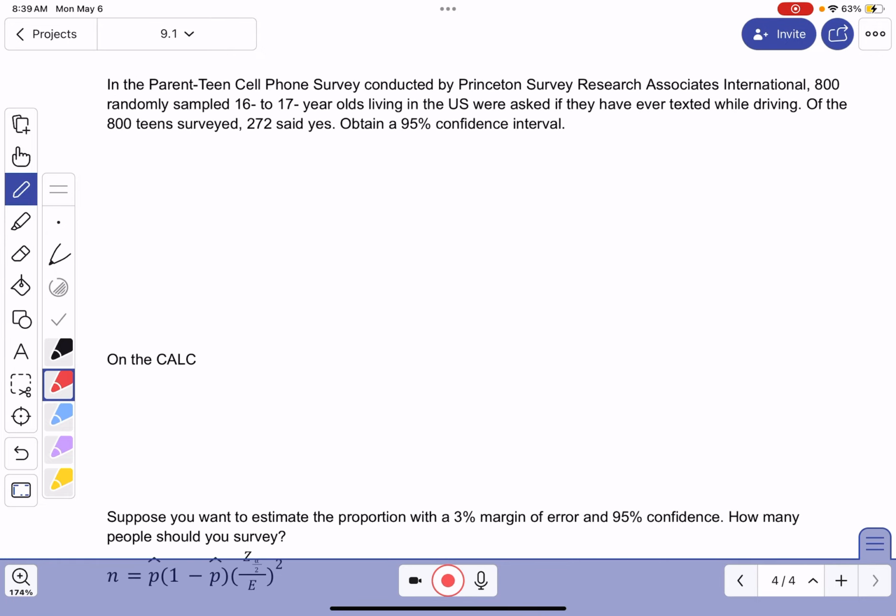In the parent-teen cell phone survey conducted by Princeton Survey Research Associates, 800 randomly sampled 16 to 17-year-olds living in the U.S. were asked if they had ever texted while driving. Of the 800 teens surveyed, 272 said yes. Obtain a 95% confidence interval. So first we're going to find p hat. Well, p hat is 272 over 800, which gives us